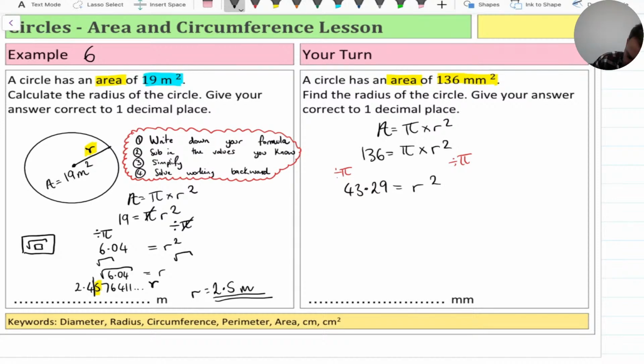And then the next little part is we need to square root both sides, don't we? Square root, square root. So it's the square root of 43.29, which is equal to